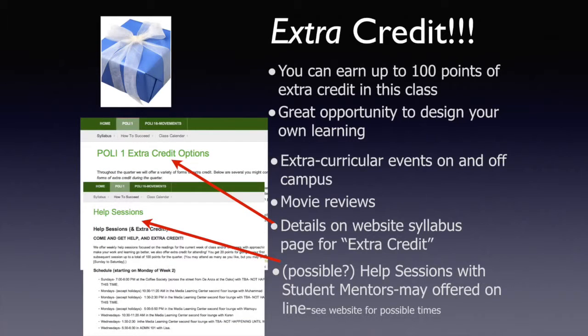Oh, and then this present that I had for you. And that was extra credit. Okay, you can earn up to 100 points of extra credit. Now, let's just say, I don't like any of this. I want to do something else. I'd like to go and volunteer